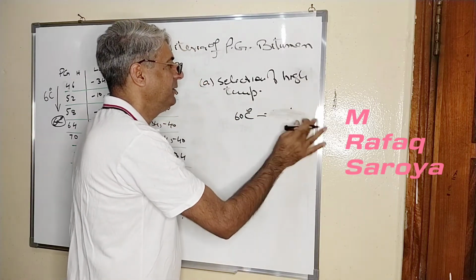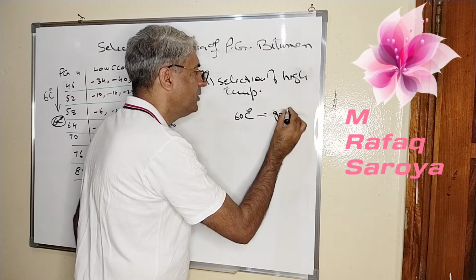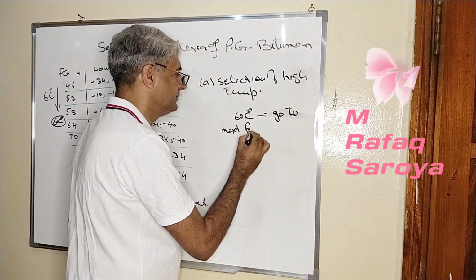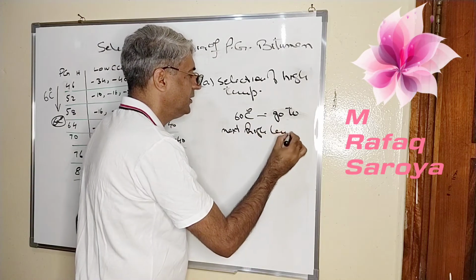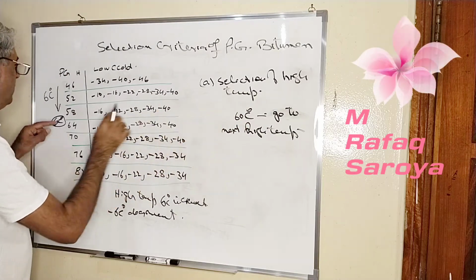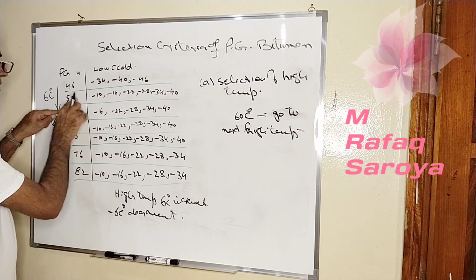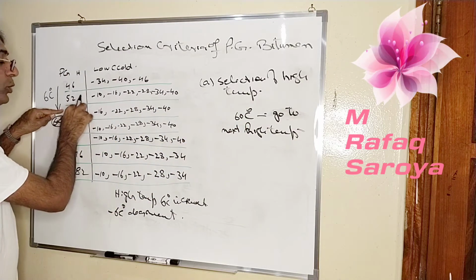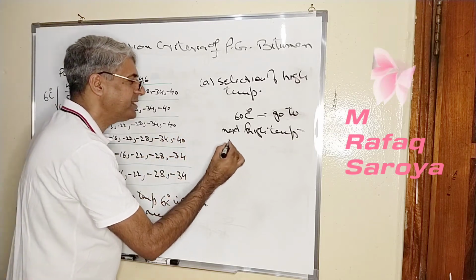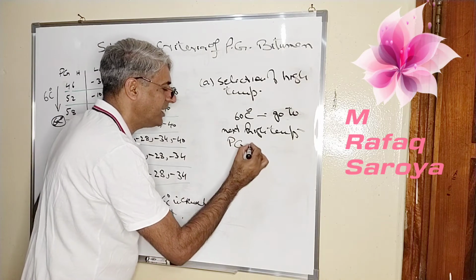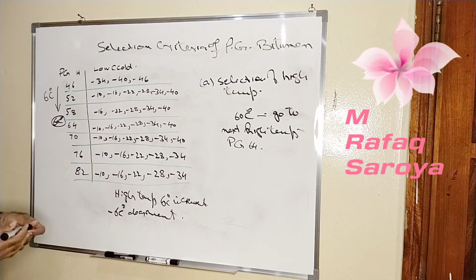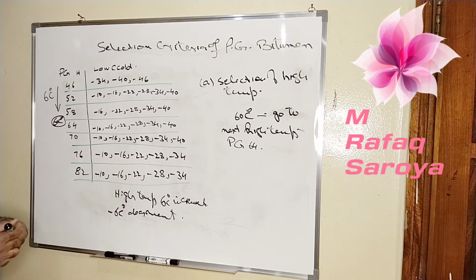Let me explain it. Go to the next higher temperature. As I adopt this criterion, 58 is lower, so it's not acceptable. After 60, go to the next higher temperature. It is 64. It means my first condition is satisfied, and I will have to select 64. Now my X value is satisfied. I have reached this conclusion.